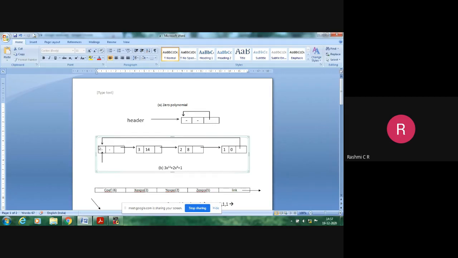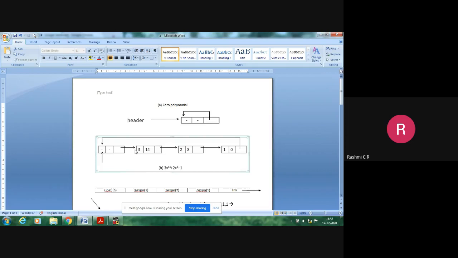The header node will always point to the first node in the linked list. What happens to the data part of the header node? The header node will not have a data part; it will be indicated as empty. This hyphen indicates an empty node, and it will always point to the first node in the linked list.